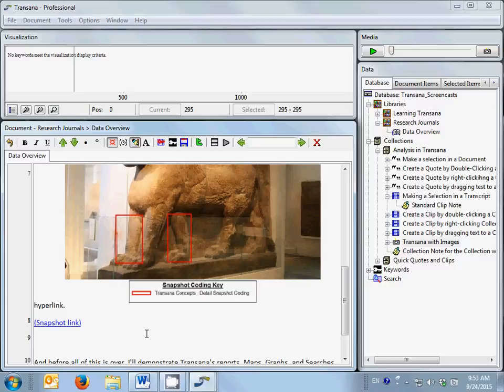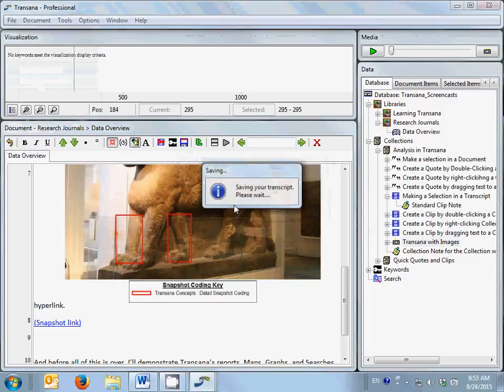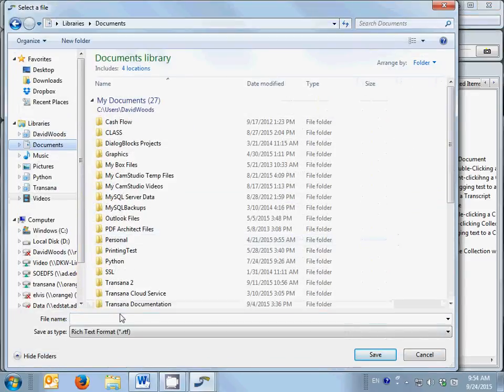You should note that research journals are just regular text documents in Transana used in a particular way. That means that you can do anything with them that you might do with other text data in Transana. You can add screen captures and images to the text of the document. If you want to, you can code them by creating quotes from your research journal. You can document them using notes. You can also export your research journal to rich text format files, which you can then edit further in your regular word processor. Just load the research journal in question and then go to the File menu and choose Save Document As. You then provide a location and a file name,